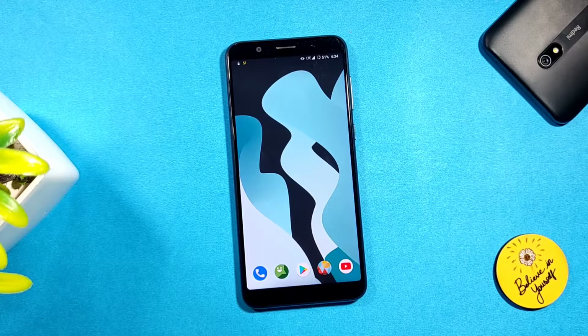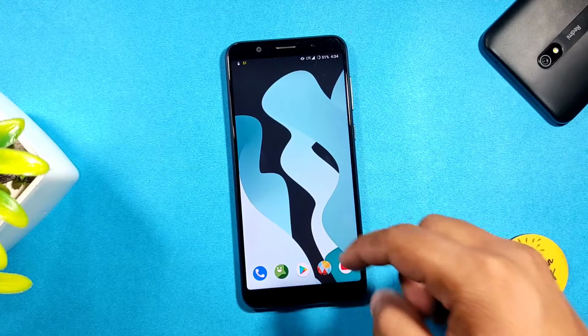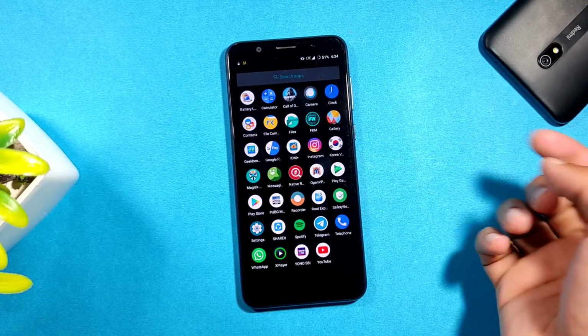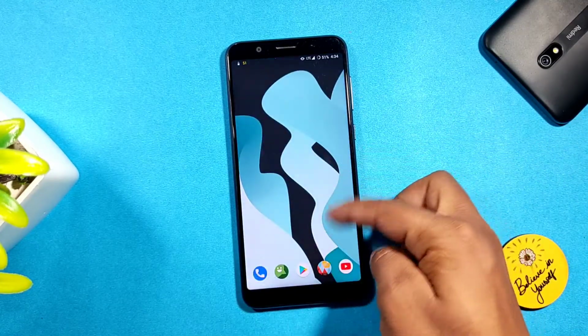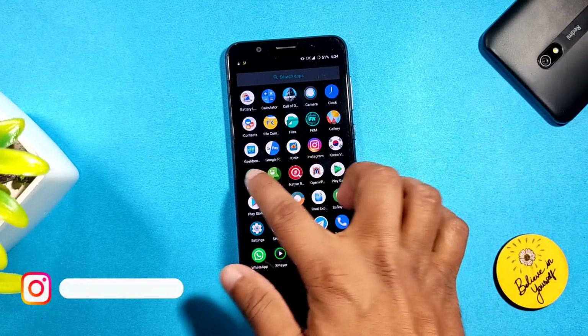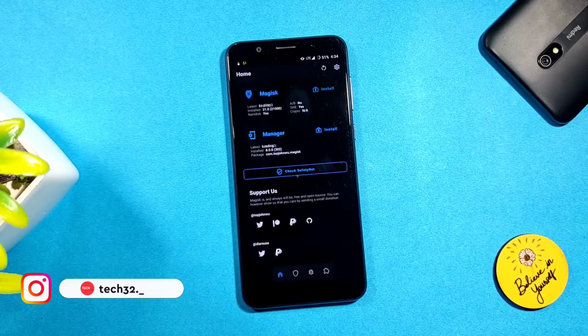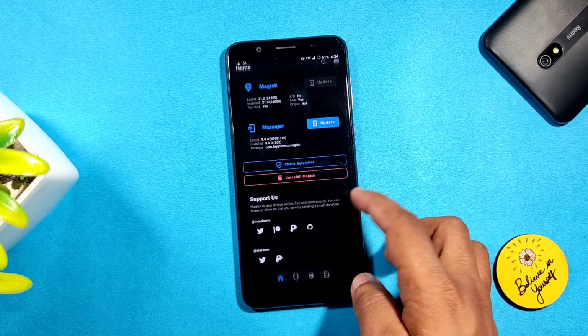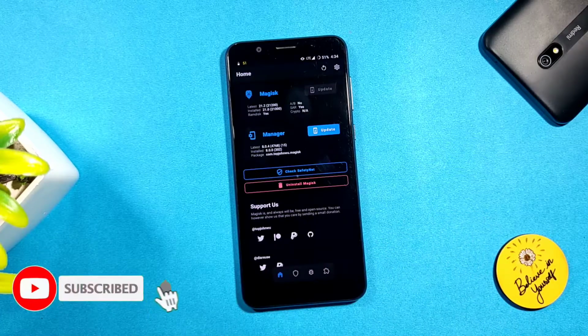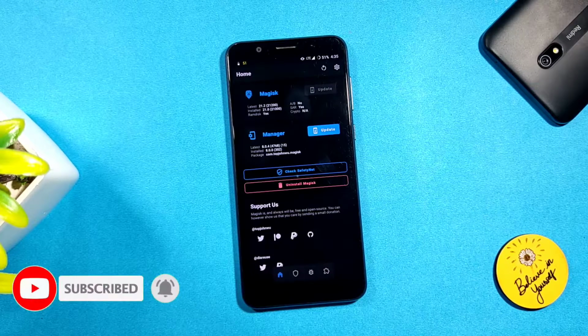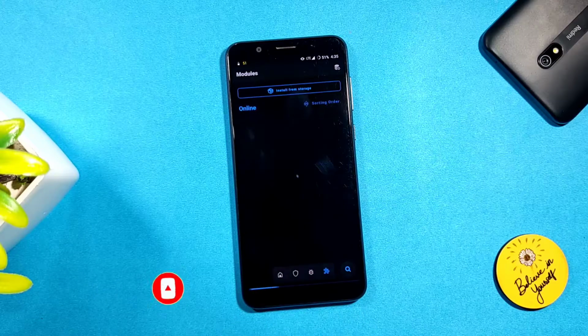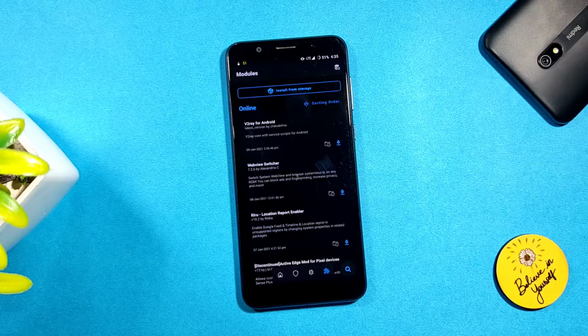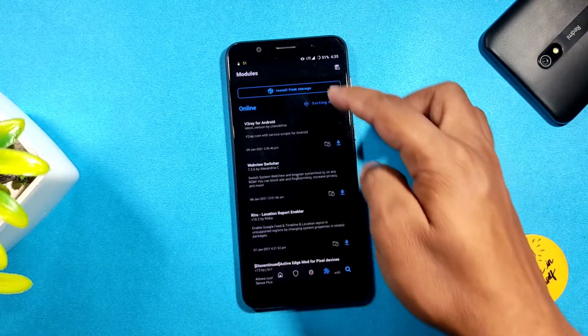Finally, after rooting your device, download the Magisk modules from the link given in the description and place them in your internal or external storage. Then open your Magisk Manager and hit the Magisk module section, where you can find an option called install from storage, or if you are using the old Magisk Manager, then you can simply find a plus icon at the bottom. Simply click on install from storage or the plus icon, then browse the file which you want to flash.